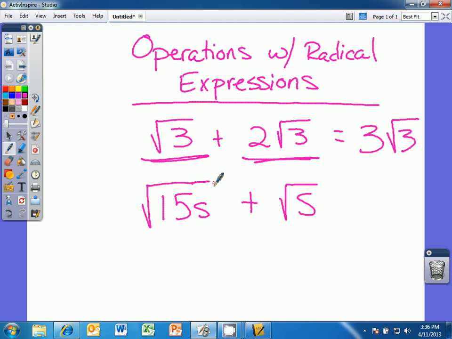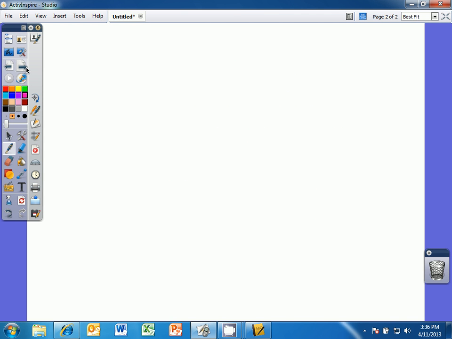Sometimes we've been asked to simplify terms that are not like radical expressions, but we can do some simplifying and then eventually combine them. So for example, 4 radical 7 plus 4 radical 28. As they stand right now, they are not like expressions, and so we can't combine them. However, we should notice that